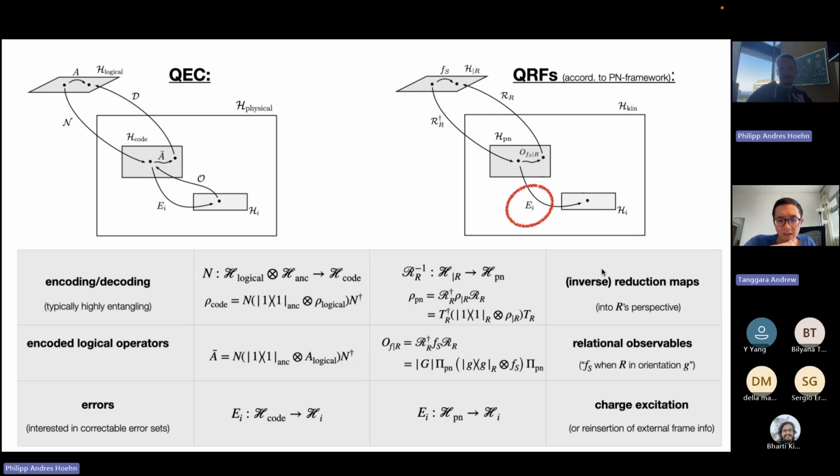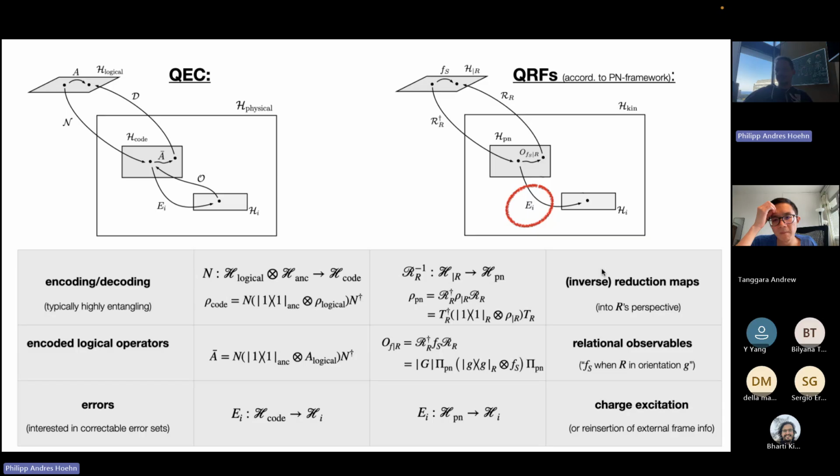I imagine H logical and H logical prime would be isomorphic, right? Yeah, sure. Of course they're isomorphic. Yeah. It's just that on the quantum reference frame side, when I do a quantum reference frame transformation,